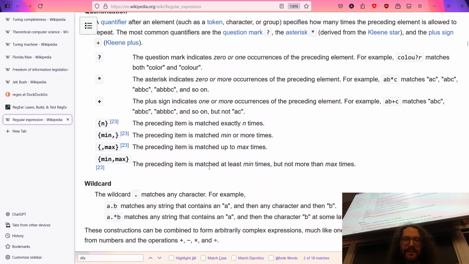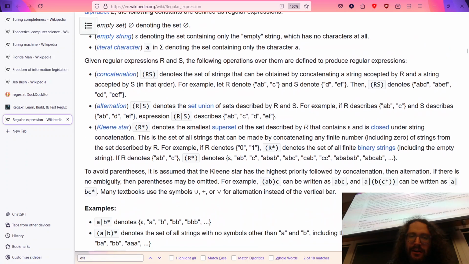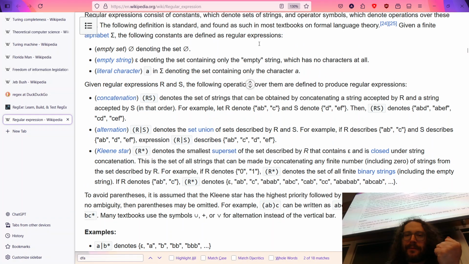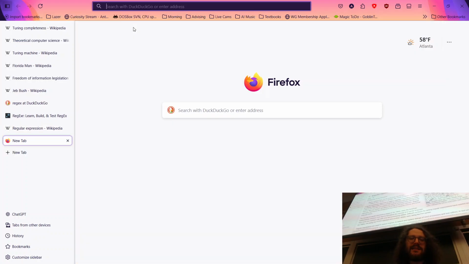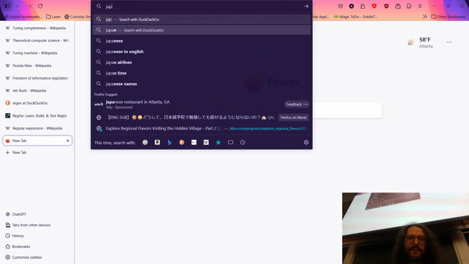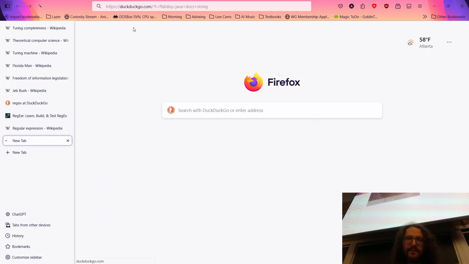So basic concepts, it talks about this. And again, here's that whole formal language theory I was talking about at the beginning, where basically we have this empty set, this literal string character, given a regular expression, all this. We don't need to know any of this formal theory in order to use them. And the reason you want to use them is because they really help. For instance, if we look at the Java docs for the string, right? This is for Java.